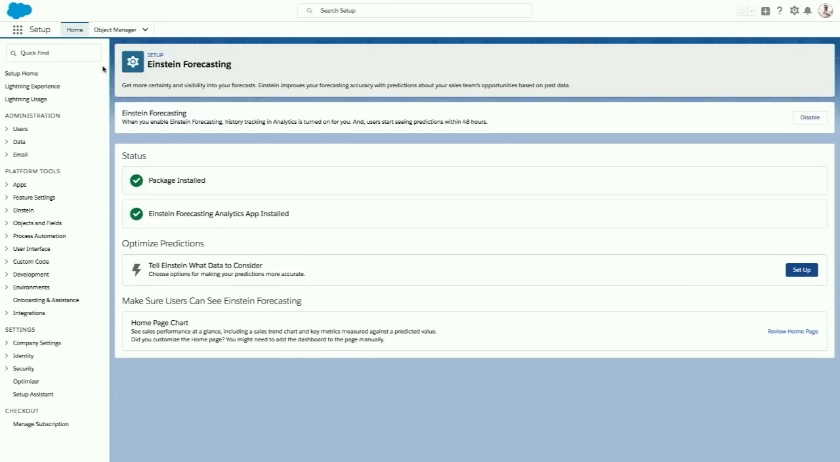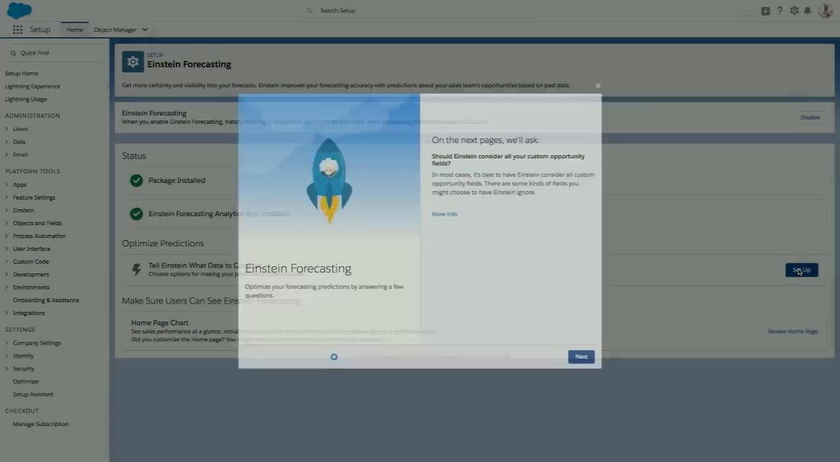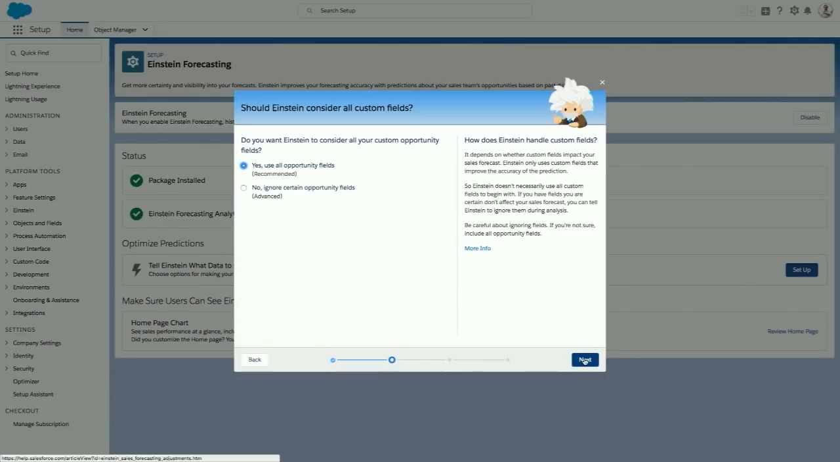So here I am in my org. I'm actually starting in setup because, as I mentioned, there are a ton of awesome features for the admin to configure this release. So if I search for Einstein Forecasting, I get to the Einstein Forecasting setup screen. And right there, you can see Optimize Predictions, giving you the power to tune your prediction. You can see that we can now tell Einstein what data to configure, and it's super simple to set up. You click the setup, and next,